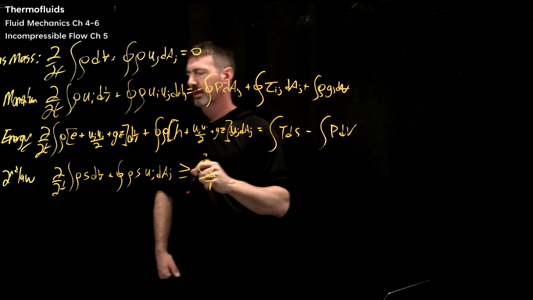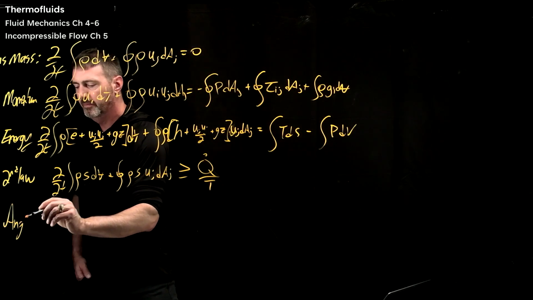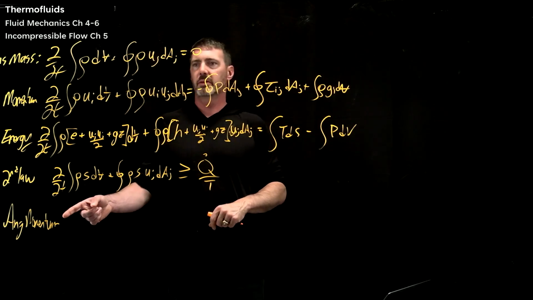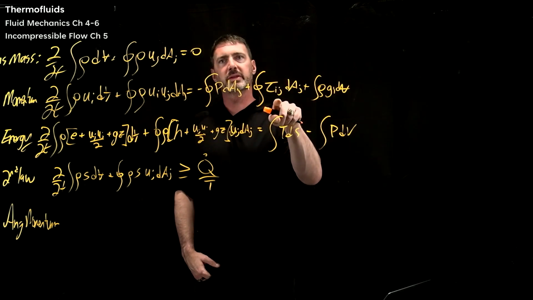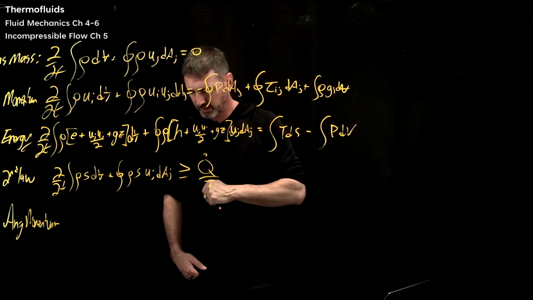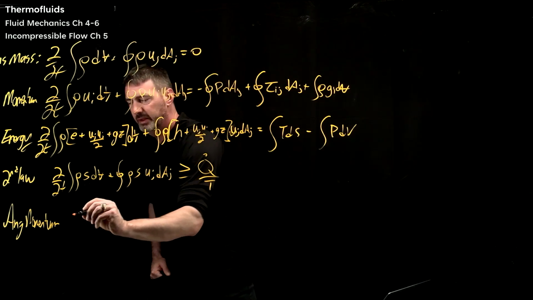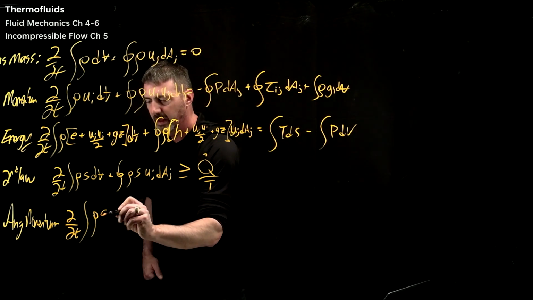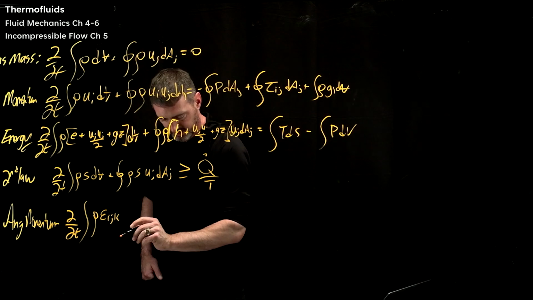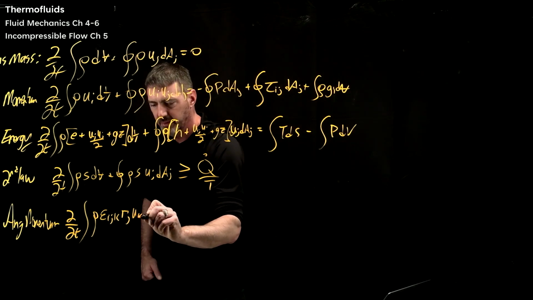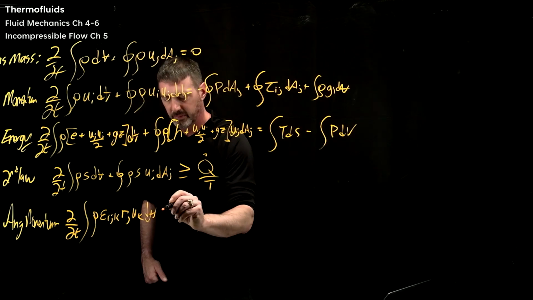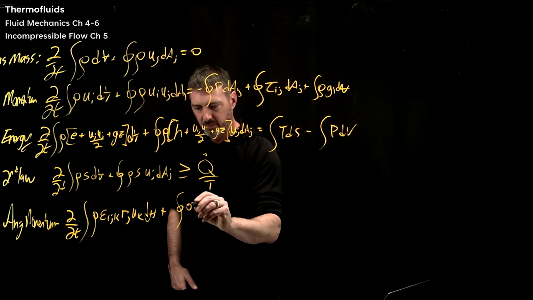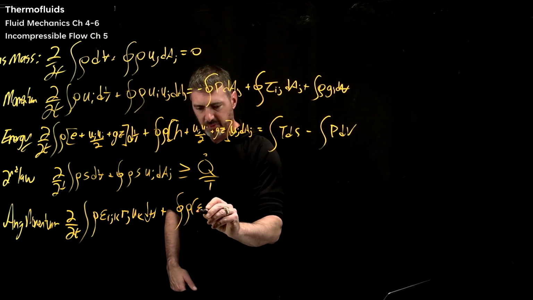And then one that we didn't derive, but you will see derived in your fluid mechanics books, especially a graduate one, is angular momentum. The point of showing angular momentum is that it will show that your stress tensor is symmetric, which is helpful. But the rest of it, you can write down here: time rate of change of rho epsilon ijk rj uk d volume, and then the contour integral of rho epsilon ijk